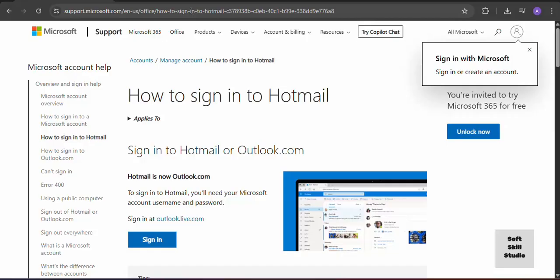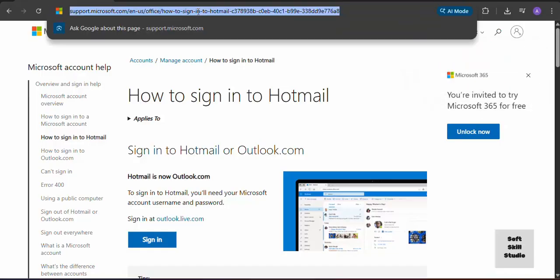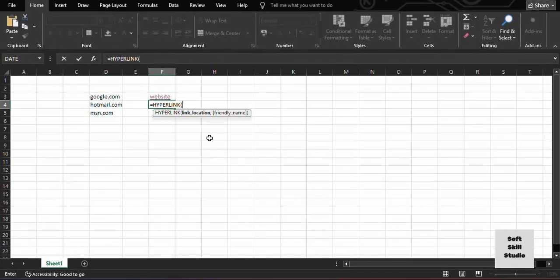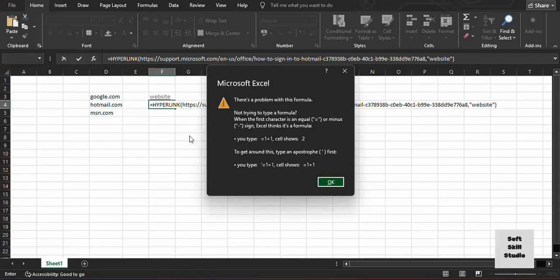So I can copy this link, then again I can go to this and write here the link location, which is this, then again comma, inverted comma start, and I can write the name here, and the name is website, and then bracket, no,